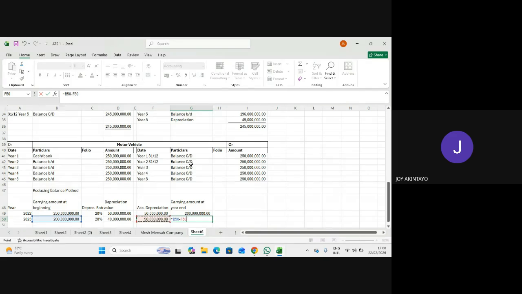I hope you see where I put the blue. So what is the value? 110. So you now carry your 110 to year